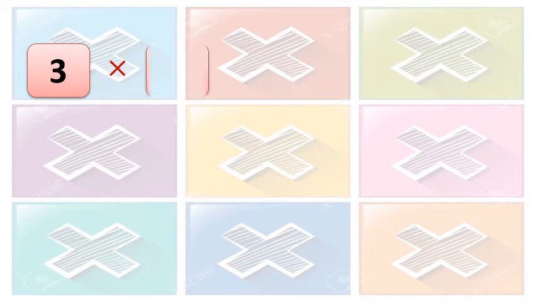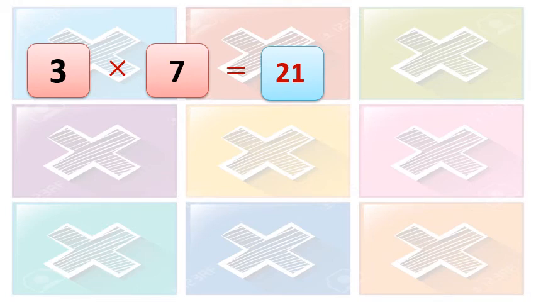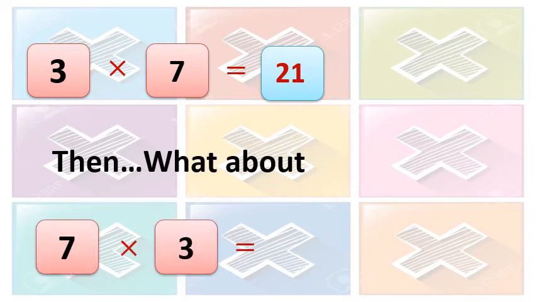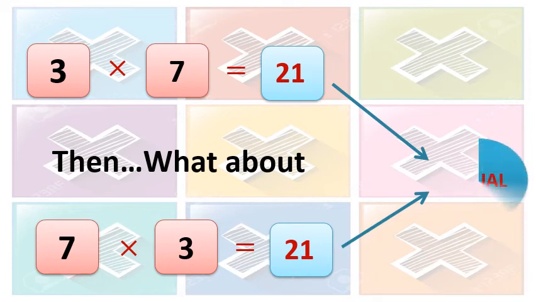See, dear students, 3 multiplied by 7 is equal to how much? 21. Isn't it? 3 7s are 21. Okay. Then what about 7 3s are? How much? Yes, you know now. 7 3s also 21. So both of them are equal. Remember this property. 2 more examples we will go through.